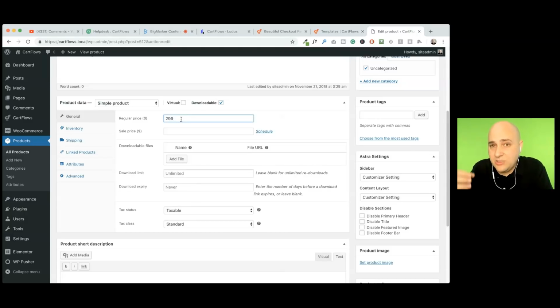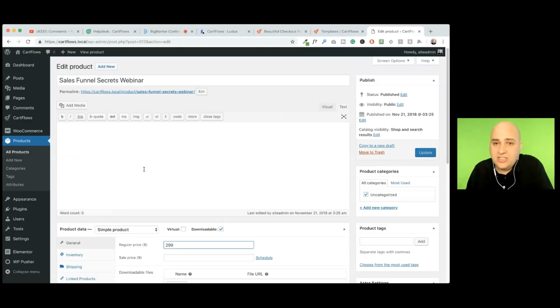Now, the reason it's brilliant to do this with WooCommerce is everything's integrated. So if I had LifterLMS or LearnDash or MemberPress or Restrict Content Pro or Ali Dropship or any of these plugins on this website, they usually add a tab here to the product. So you can attach this product to a course and all those types of things. So it's already integrated out of the box with all these things. That's all there is to making a product, just popping that name in there and putting a price in. So I have these two here